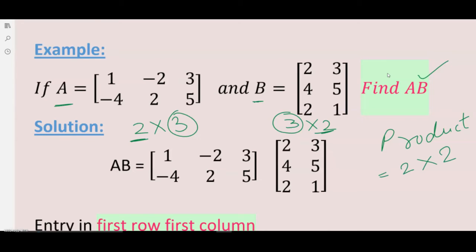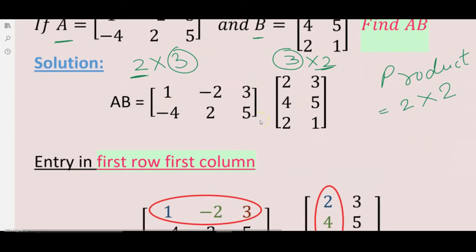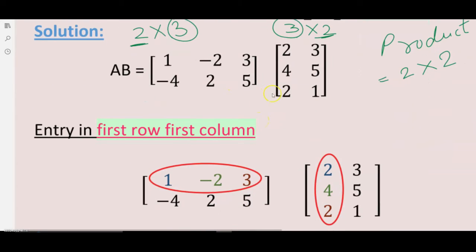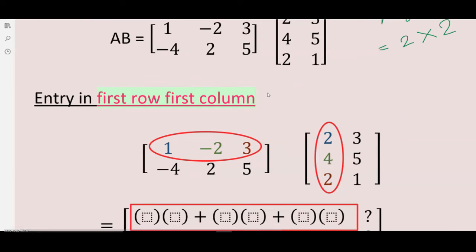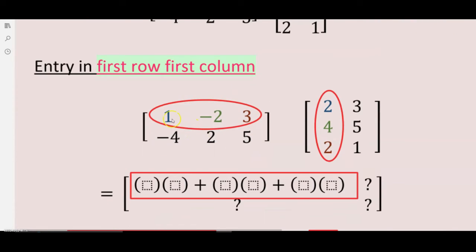That will be the order of 2 by 2. All right. Now let's do the multiplication. Now how to multiply? Multiplication is very easy. As you can see, the number of rows is 2 in the first matrix and the number of columns is 2 in the second matrix. So we will multiply the first row with every column of the second matrix. First we will multiply the first row with every column, then the second row with every column. Now the question is how we will multiply it.